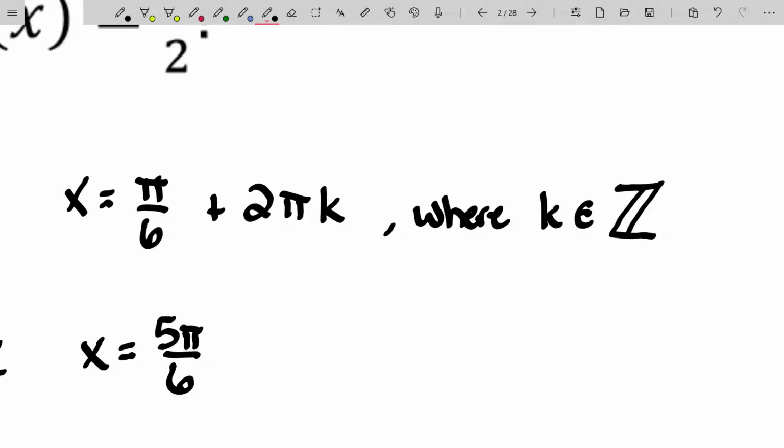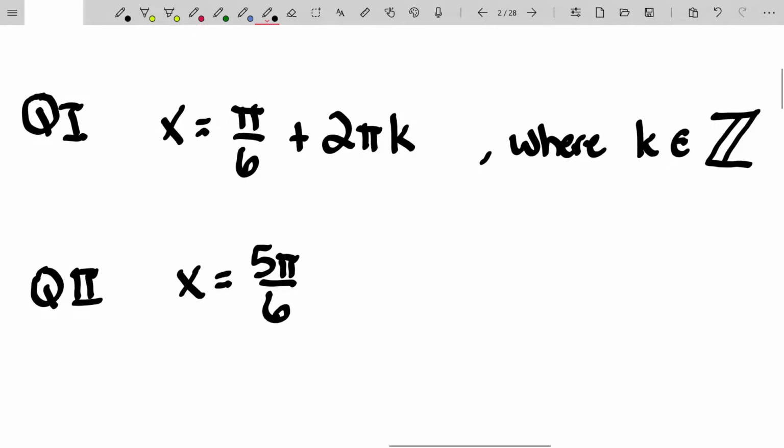That is, k could be 0, and if it is, then you could see if k is 0, we get pi over 6, or k could be 1, so it's pi over 6 plus 2 pi, or k could be 2, it's pi over 6 plus 2 sets of full rotations, or k could be 3 or 4 or negative 1. So we get to pi over 6 and we back off by a full rotation. No matter what, we still end at that same quadrant and same reference angle. So pi over 6 plus 2 pi k is the way you would write it for all the solutions that